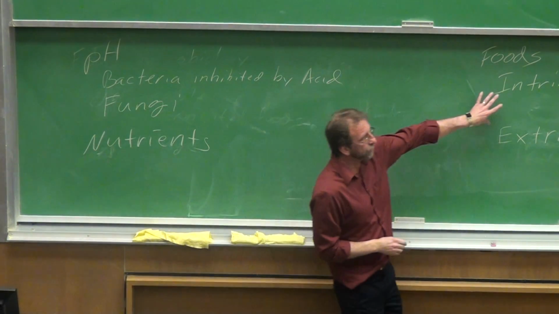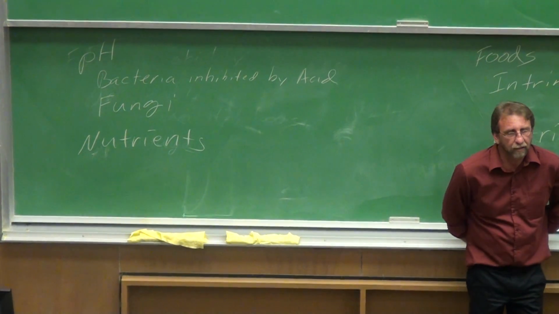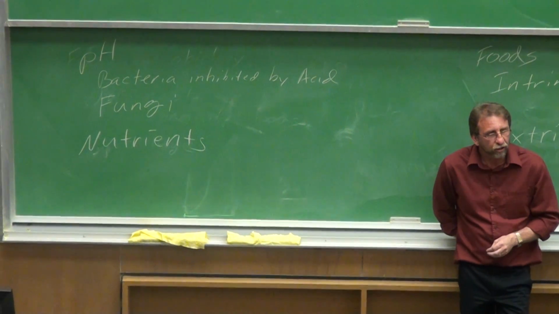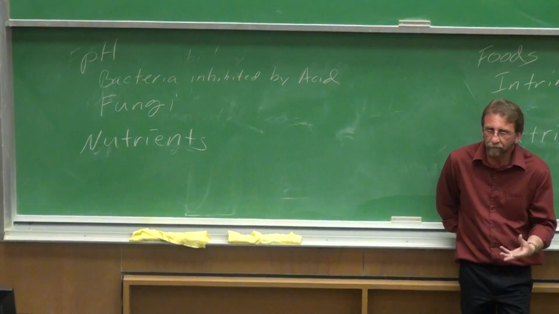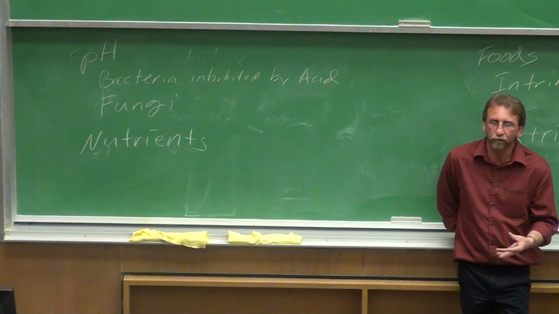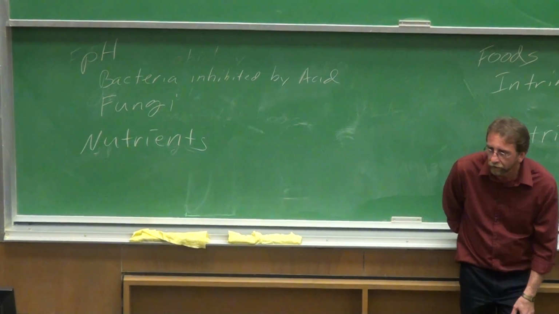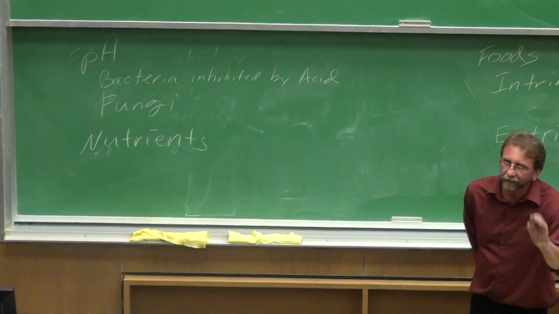Nutrients are another intrinsic factor. Some microbes require specific sugars. If lactose is a required sugar, then you're only going to be able to grow where lactose is available. You may only be able to grow in milk. You're not going to be able to grow on an orange or on bread or something like that. Maybe a particular vitamin